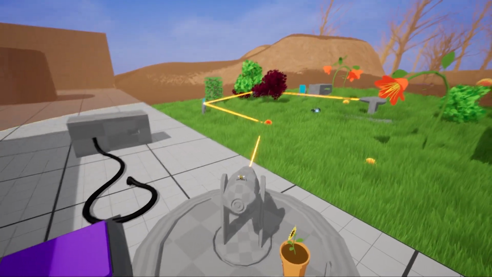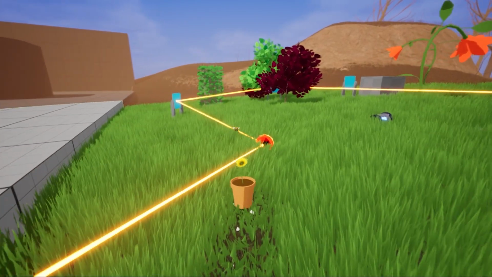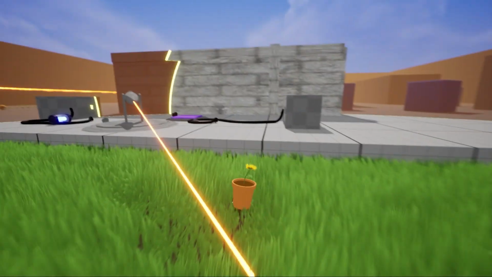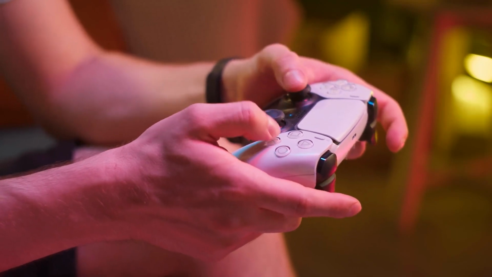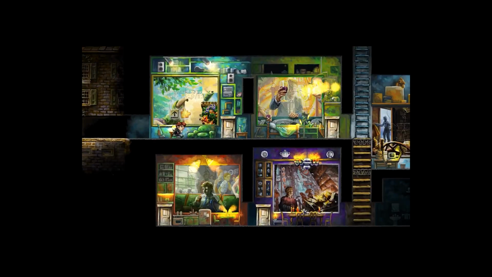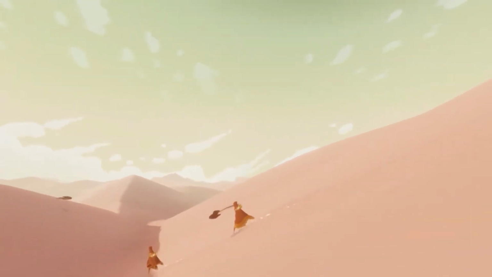But in this one, I'm going to give you a little overview of my background. So how and why did I decide to make a game in the first place? I grew up playing video games, and I always loved puzzle games. Games like Portal, Portal 2, Braid. I like platformers like Inside and Journey. Those are my main inspirations for this game.